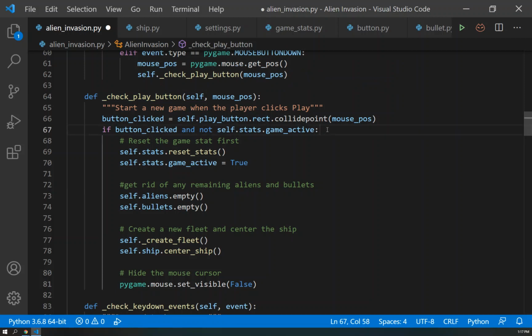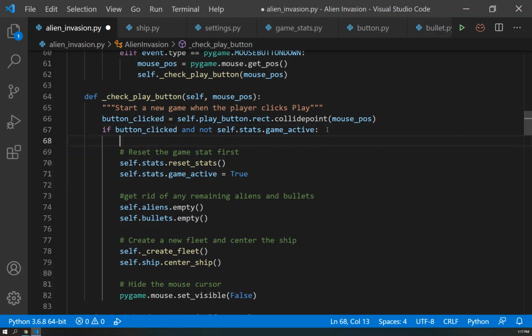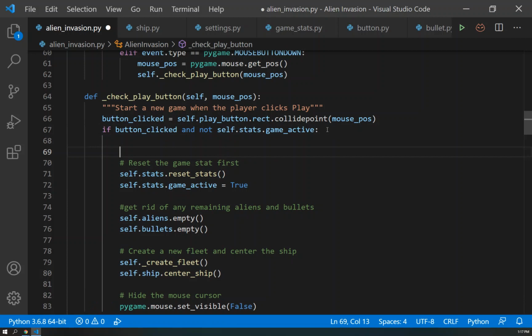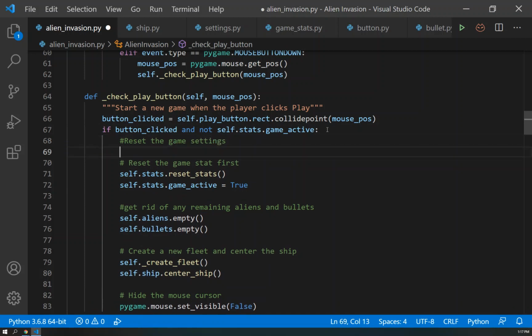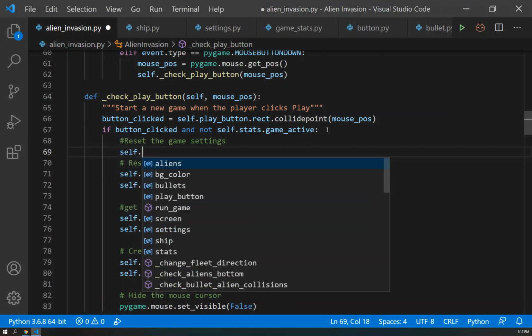But before we restart the game, let us reset the game speed and the game settings. And we're going to do that with